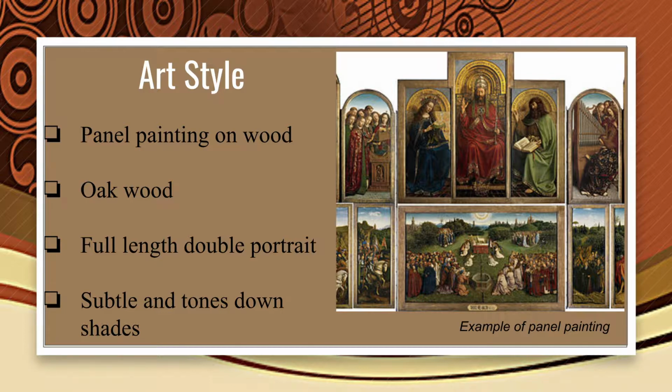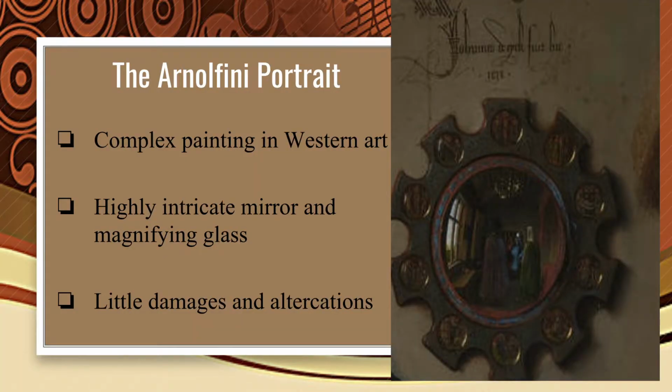Van Eyck also included a nice effect by suggesting the natural light coming through the window, illuminating the scene with subtle tones and shades. Van Eyck also added a level of perspective, pushing back the artwork with the use of a highly intricate mirror, and it was speculated that he used a magnifying glass to include the finer details,